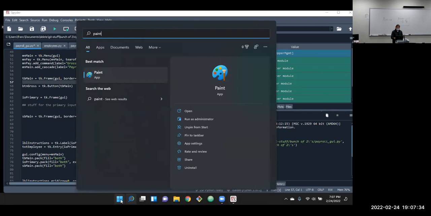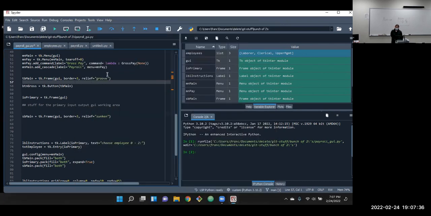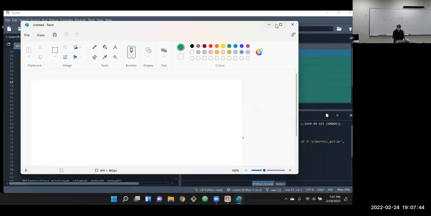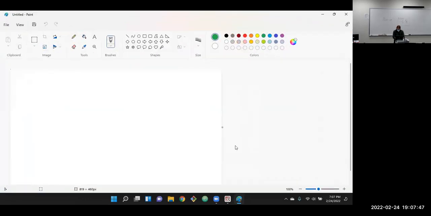I haven't checked this on Nice. They still have traditional Paint. Oh, it looks like this has been upgraded. I need an image for my button. So I'm just going to draw a quick placeholder. I'll come down about the size of button I want.